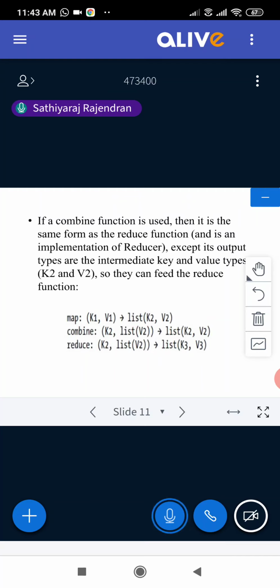So in the combiner phase, again we have a single key and a list of V2, which further gives you a list of K2, V2. To understand all these things, you can take a simple example like counting the frequency of words from a textbook, or counting the frequency of words in a given line of text or in a given text file. Any example that will help you understand the background idea of the map and reduce phases.